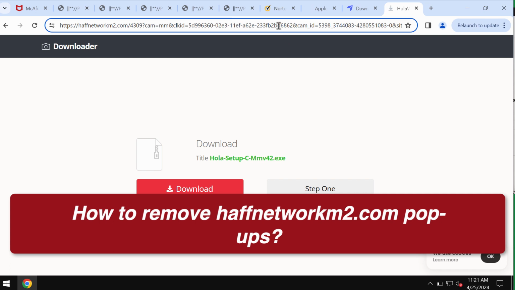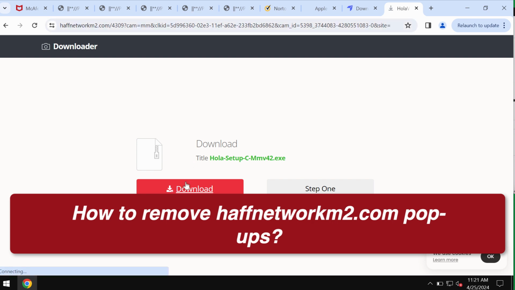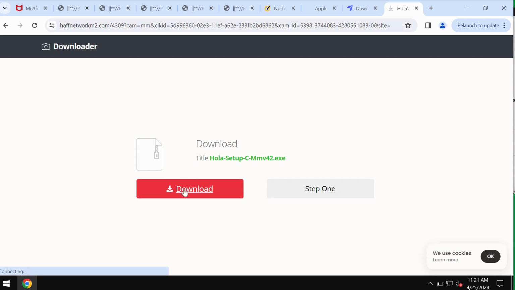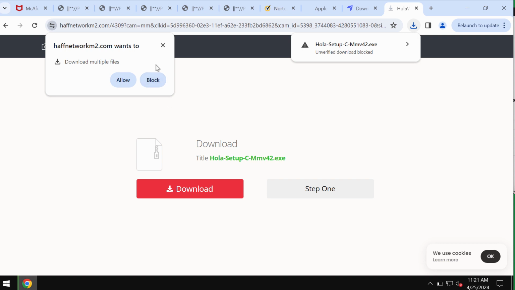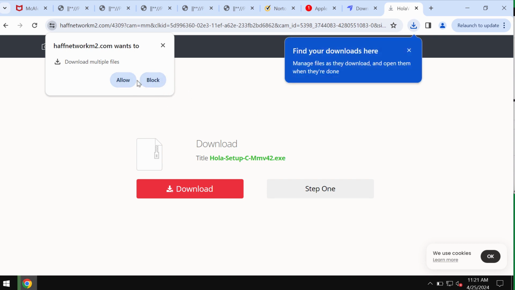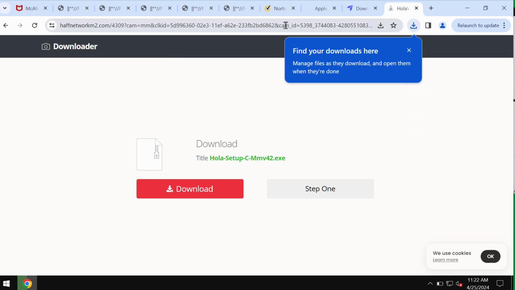This malicious site attacks Google Chrome and other browsers, and it tries to make you execute this malicious file and also to make you subscribe to the intrusive advertisements. So be very careful and don't click on the allow button as these pop-ups might suggest, and also don't install